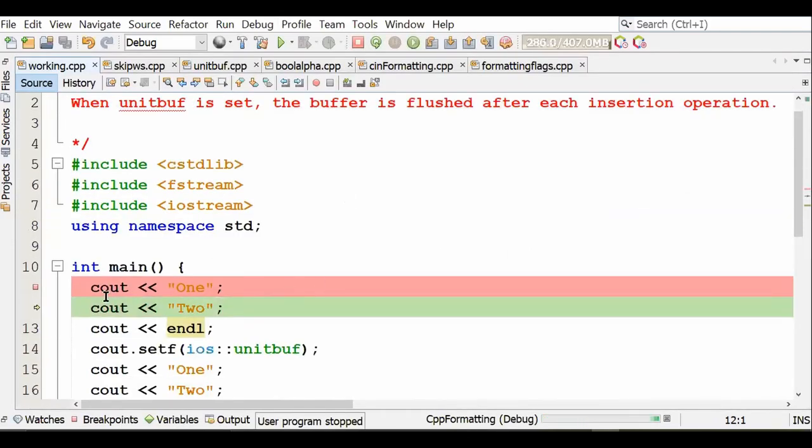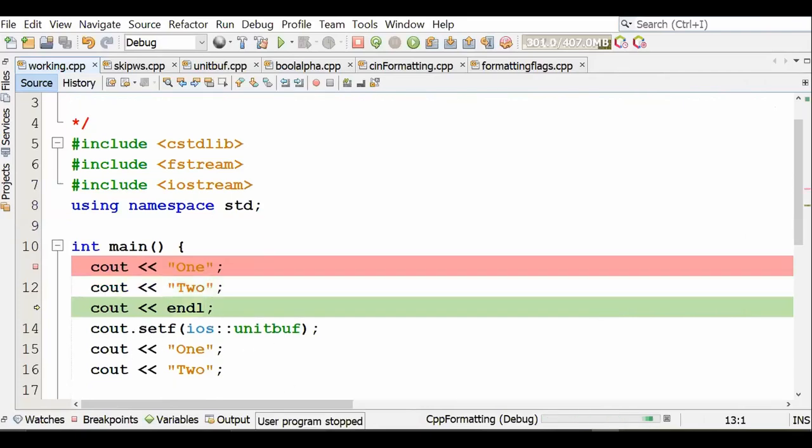I said 1. So when I say cout 1, what must be the output on the console? Buffer is not full. That means 1 has got into the output stream buffer, not to the console. And since it's in the buffer, let's see on the window, there is no output. Now when I say 2, what is the output? Because that is also gone into the buffer, and buffer size is pretty large.